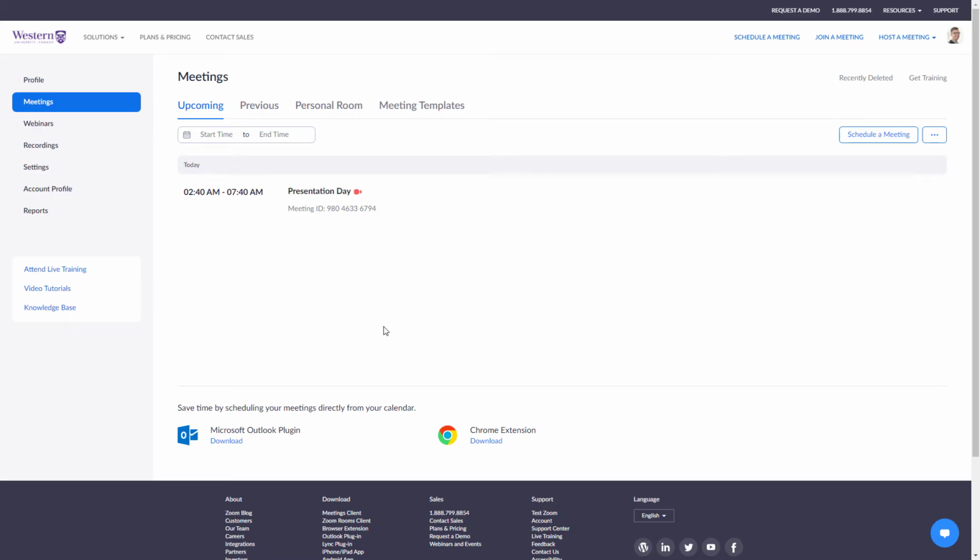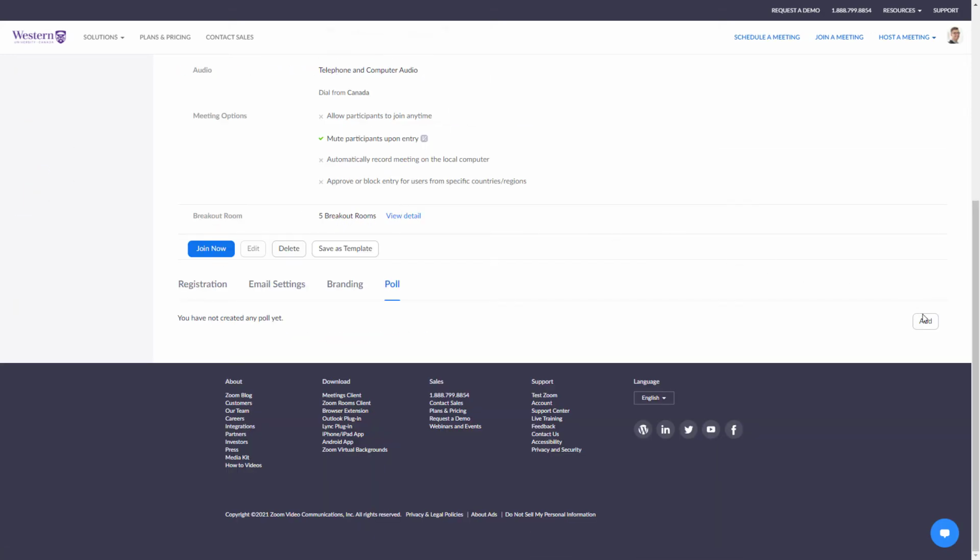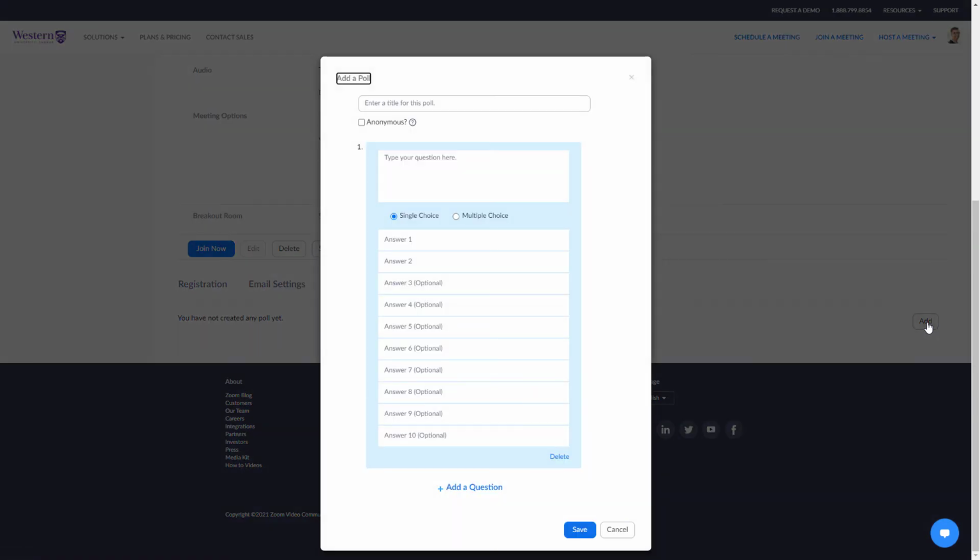Ideally, you would set these up in advance by logging in to zoom.uwo.ca, selecting Meetings, selecting your meeting, and clicking Add at the bottom in the Polls section. It's best to set these up in advance so that you're not fumbling around scrambling to add questions in the